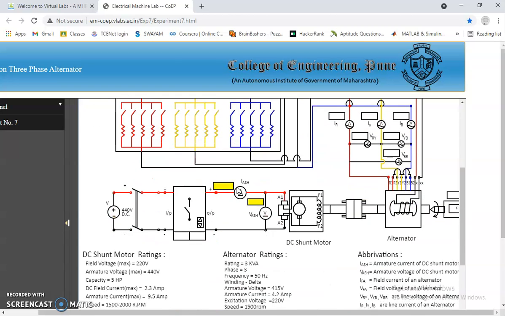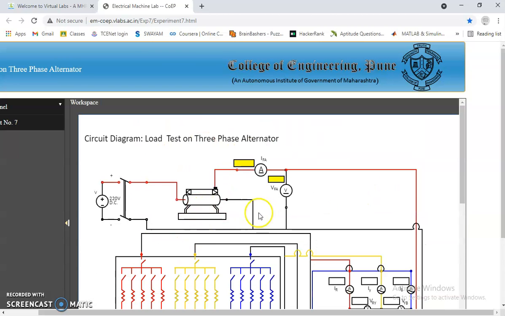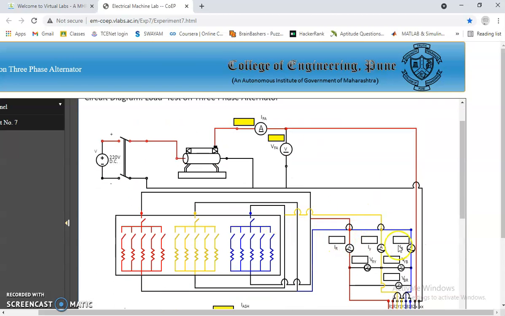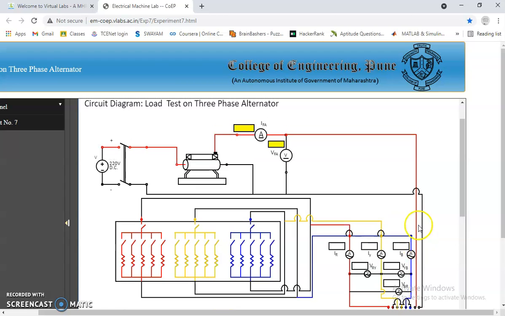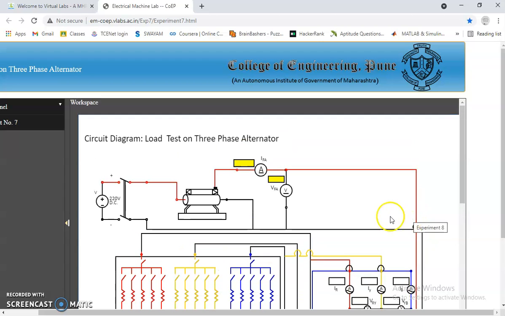This is the full circuit diagram. The alternator consists of two major parts, the stator part and the rotor part. The red, yellow and blue lines arising from the alternator form the stator circuit. The armature is generally a stator and we can see the three line voltage sources of the alternator. The red and black lines arising from the alternator are connected to the rotor part.